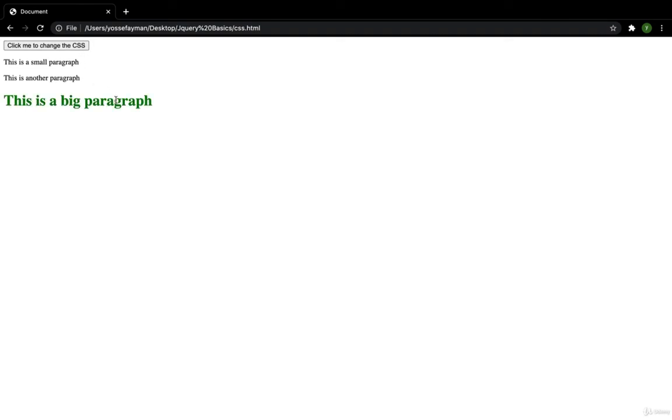When I click here, now I have the color of green. This is enough. I just wanted to show you that you can do it for more than one item from the basics of the HTML5, which are